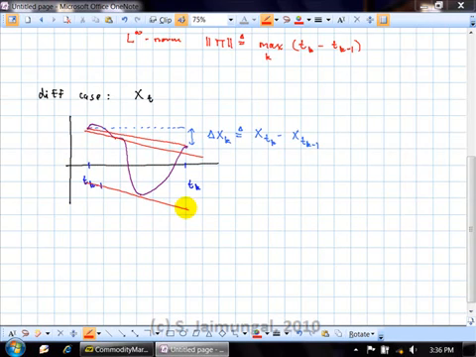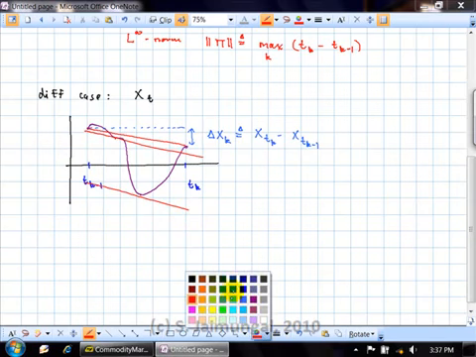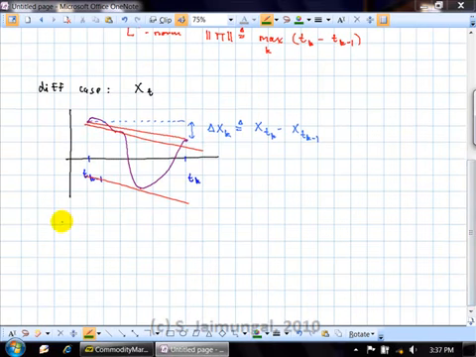Draw, I challenge you, draw almost any shape that's smooth. So that means it's differentiable. And you will find, if you draw the secant, there's going to be some point in that interval in which you can make a tangent to your curve, and it will be parallel to that secant. So the statement, the mean value theorem says, let me remind you of what it says. It says that there exists